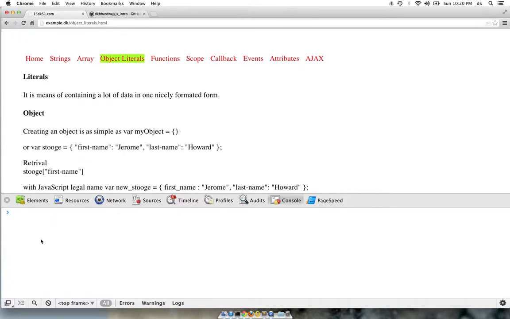Literal is a way of containing a lot of data in one nicely formatted form. So object can simply be created by var myObject in the curly brackets. So myObject at this moment is an empty object, or we can